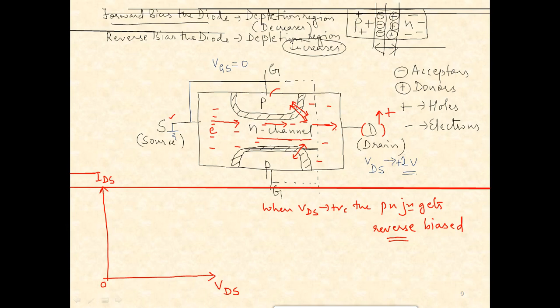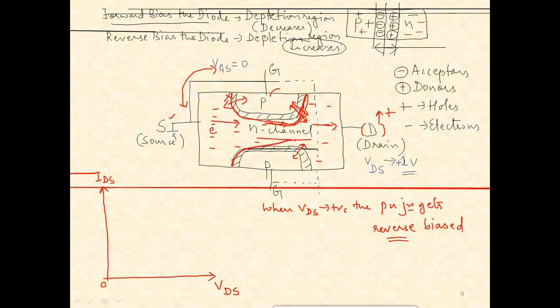So what happens to the shape of the depletion region near the drain? Okay, just observe. This is how the shape of the depletion region changes. Okay, but the change does not happen at the source end. Why? Because gate and source are held at the same potential. Okay, so that these two junctions are not reverse biased. Only the junction which is present nearer to the drain, that gets reverse biased, and ultimately its depletion width also increases. So the point is, the shape of the depletion region changes like this as the drain voltage increases.